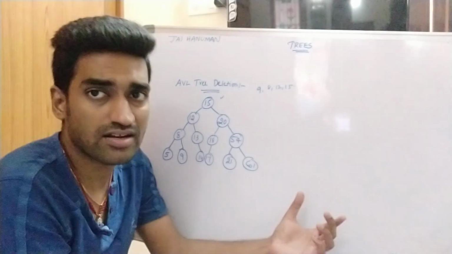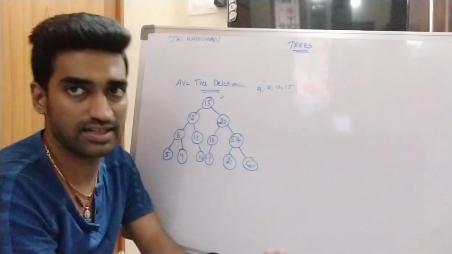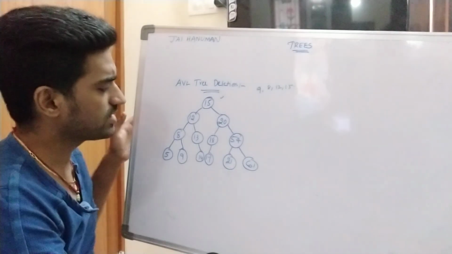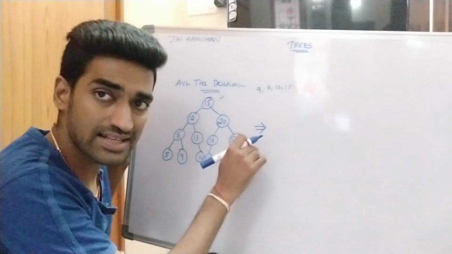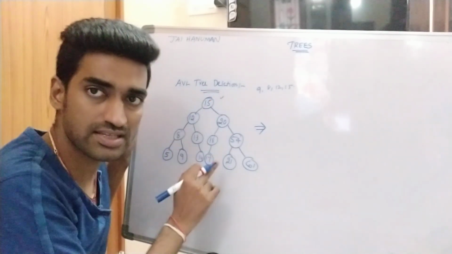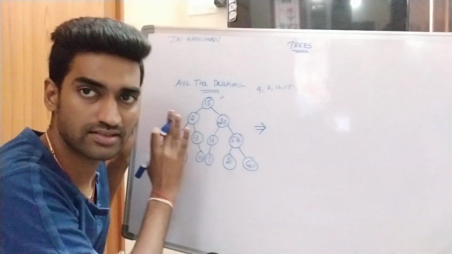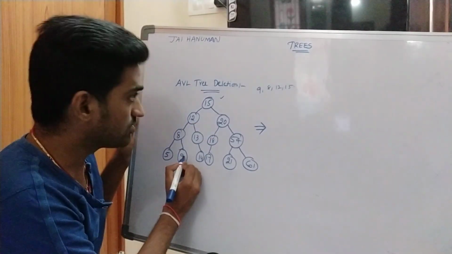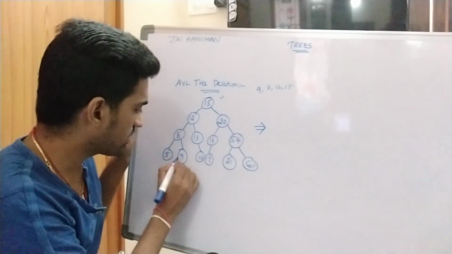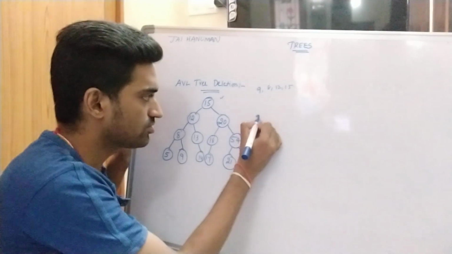Those three cases are also applicable for AVL tree deletion, right? So first of all, we are deleting 9. In addition to that, we also check the balancing factor for each and every node. Then only we can say that the tree is an AVL tree. Otherwise, the tree is not an AVL tree, right? So here we can directly delete node 9. Why? Because it is a node which does not contain any children. So that's why no changes will occur.